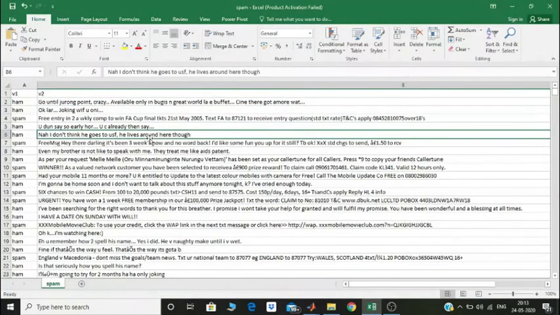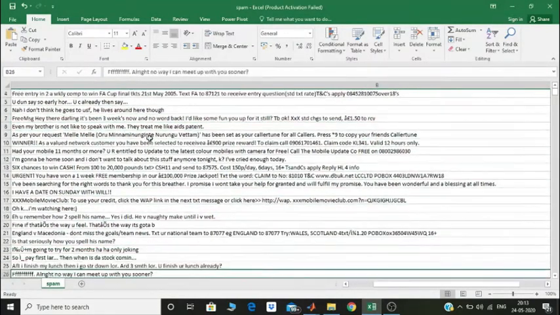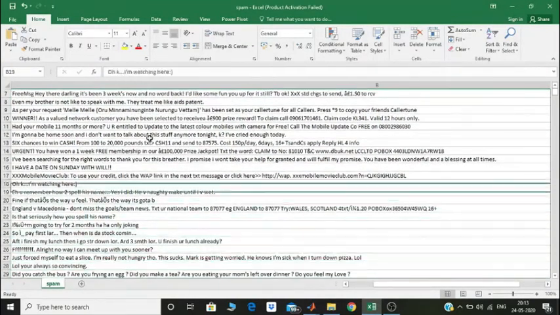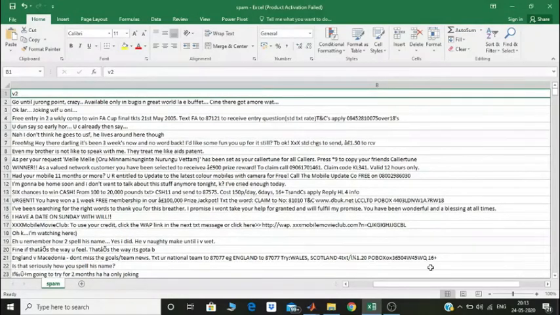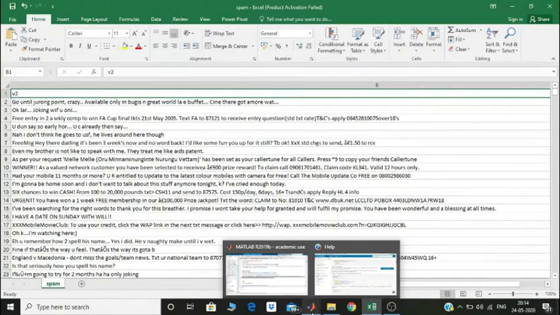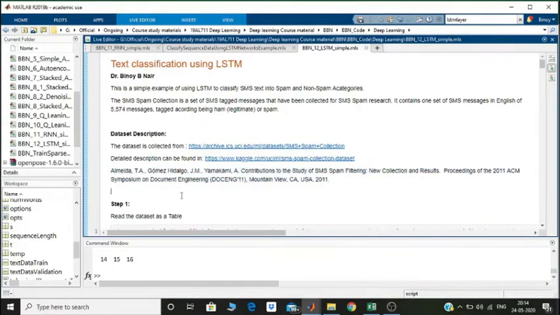You can see there are about 5,000 to 6,000 messages, a large number. If you want, you can have a look at individual messages also. But we are going to use a machine to identify if it is a spam or a proper message. So what we do as the first step is we read the data set in the